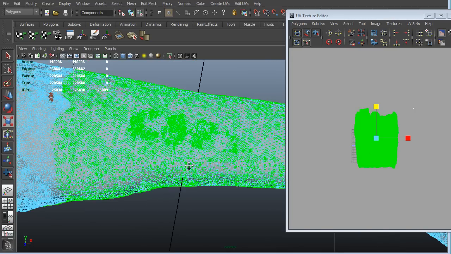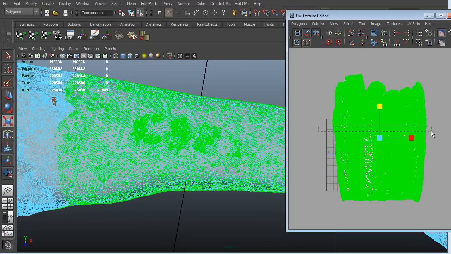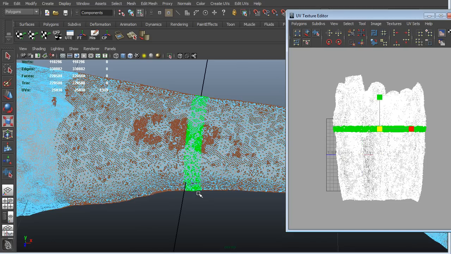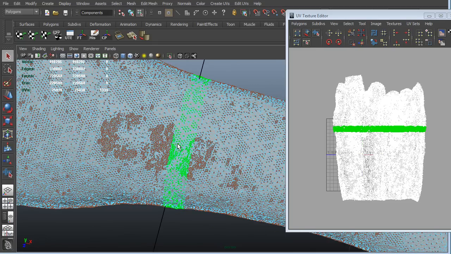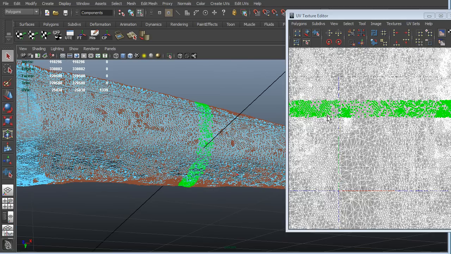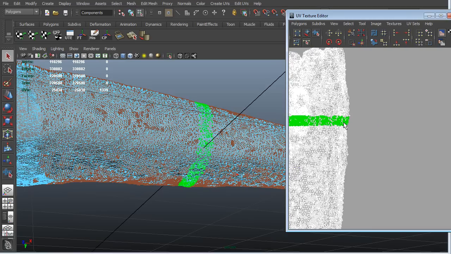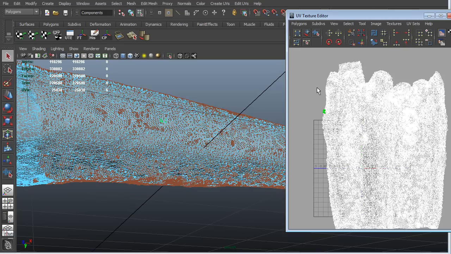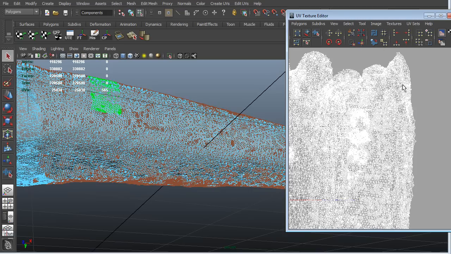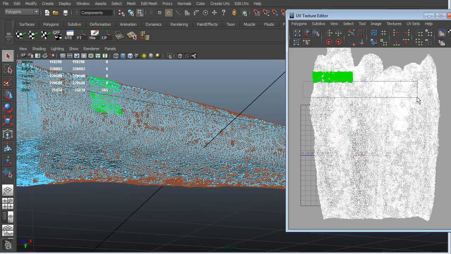Okay, and another tip is, if I select a rectangle along here, what I'll be checking in this 3D view is the consistency of these selected UVs. It doesn't matter if the UVs at this side don't match perfectly at this side, because when we unpacked, the actual ends, these seams, won't match up, but they'll match up when we texture. It just means that when we actually select these edges, they'll be the same edges over here, but they might not match up if we just select a straight